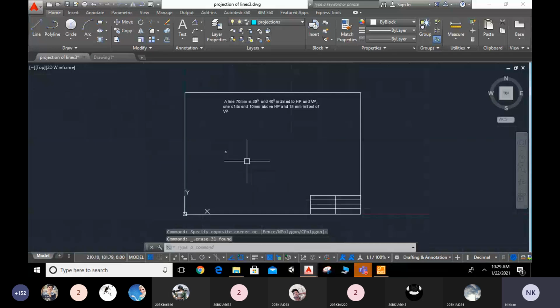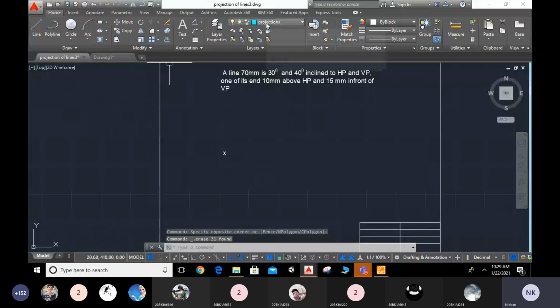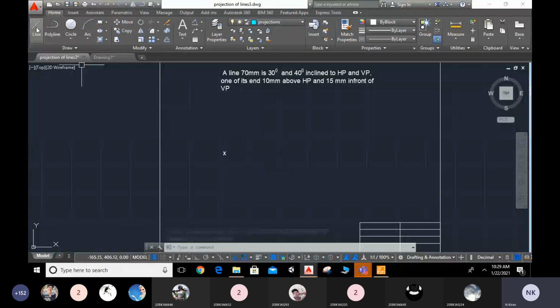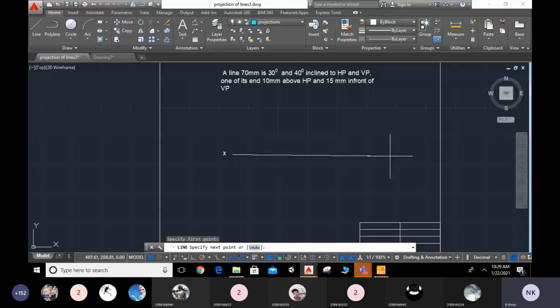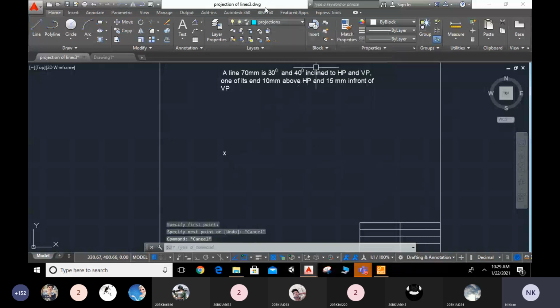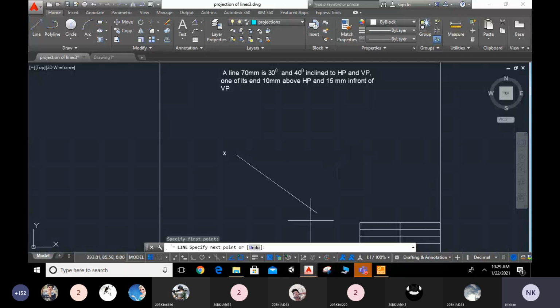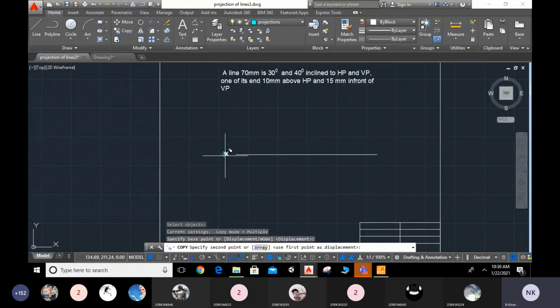Now instead of this one, what will I select? I will select this projection line and draw a line. I will select the projection line and turn on the ortho mode. Like this. Now I will immediately copy this command from here, enter, and with the base point I will copy it here somewhere. And what is the value I have to give here?